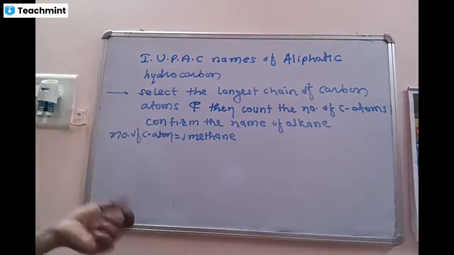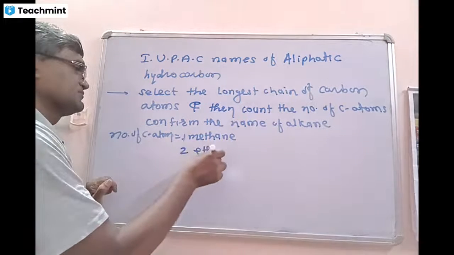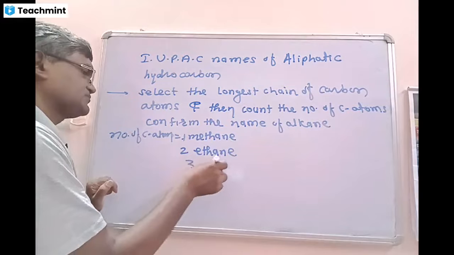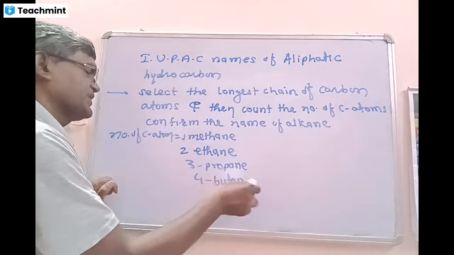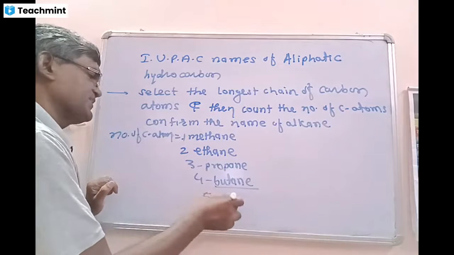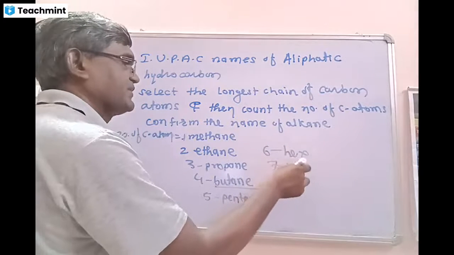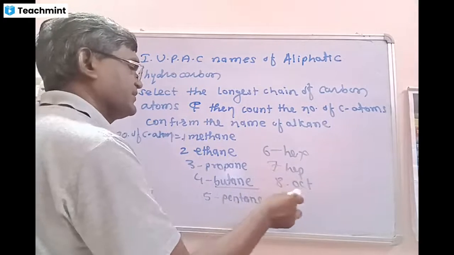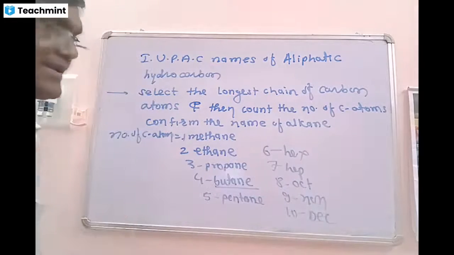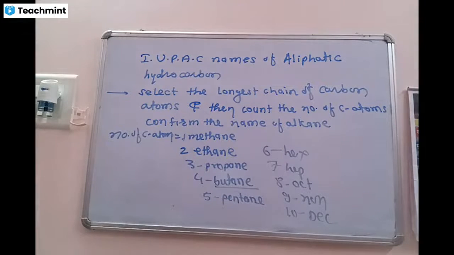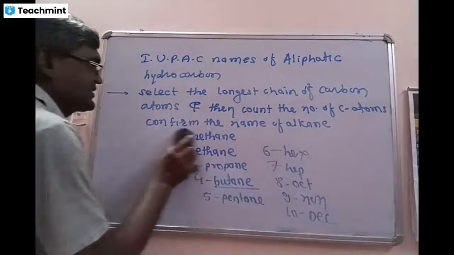If two carbon atoms are there, then that will be ethane. If three carbon atoms are there, propane. Just we are confirming the names. Four carbon atoms are there, then butane. If five carbon atoms are there, then pentane, and so on. Six for hexane, seven for heptane, eight for octane, nine for nonane, and if 10 carbon atoms are there, then you can have decane. Ending word is ane. So this is very simple, if it does not have any side chain. But if there is a side chain,